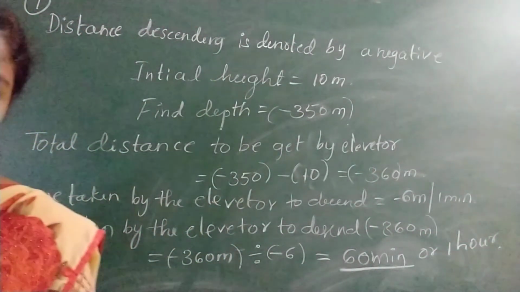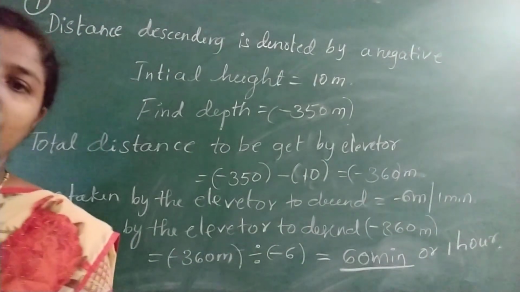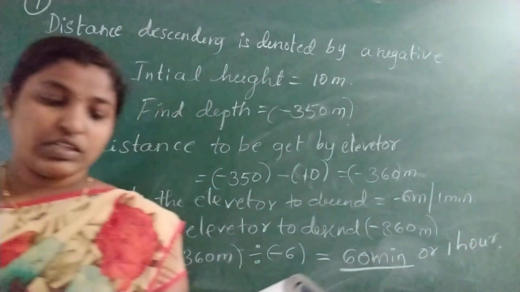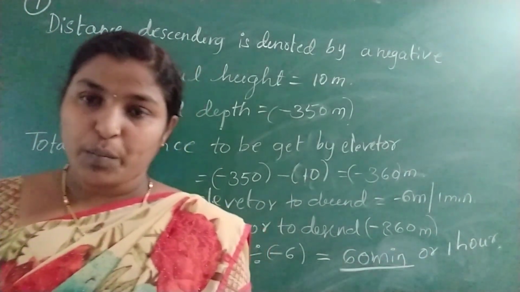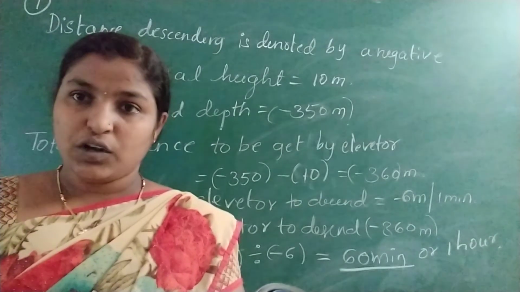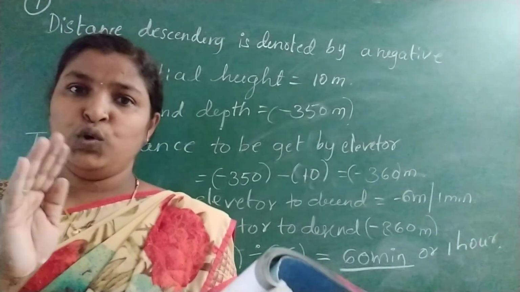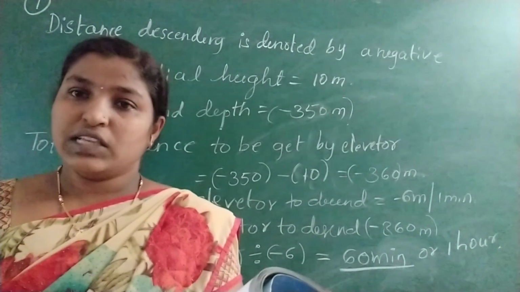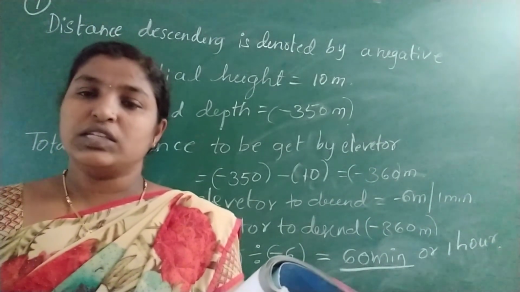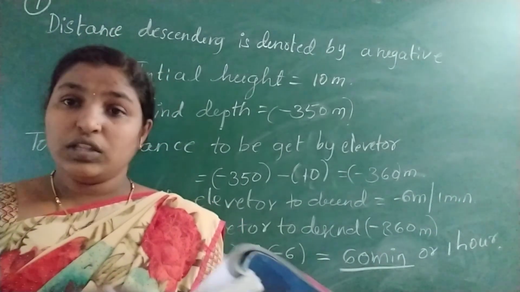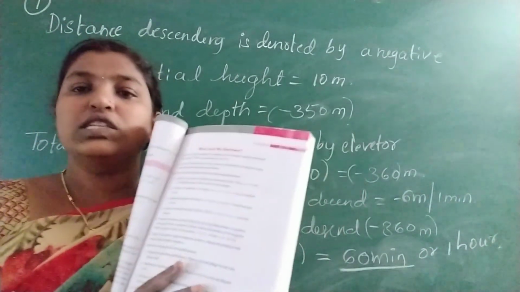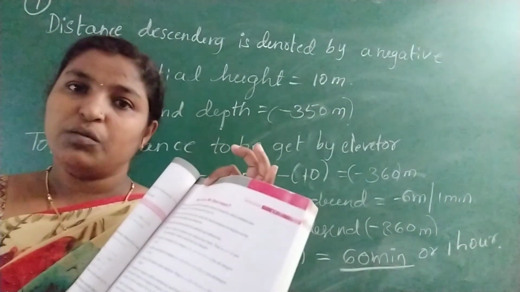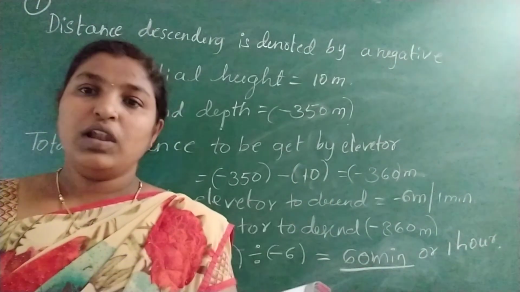Next, what have we discussed? Page number 27. In this they have listed whatever we learnt in this lesson. So read all these things properly. This is the theory part of the lesson. On this you will get many theory questions like multiple choice, fill in the blanks, and pick the correct answer. Page number 27 is what we discussed in this lesson. The main points will be there. So read this, then you will understand better.